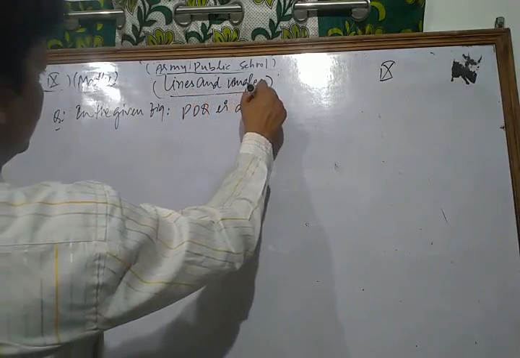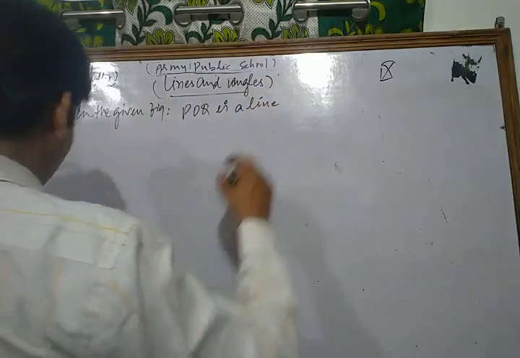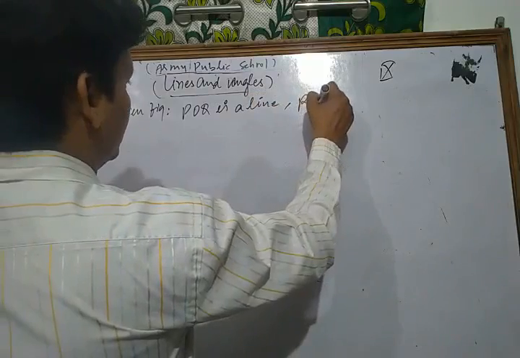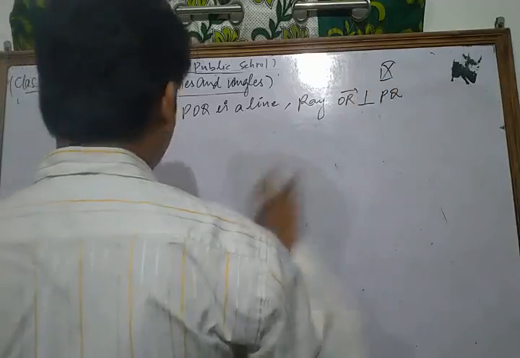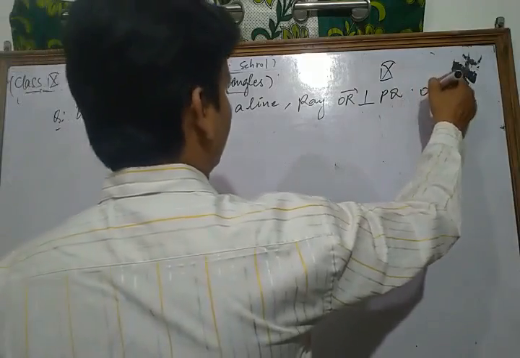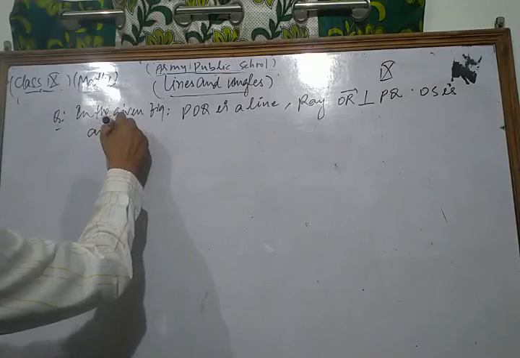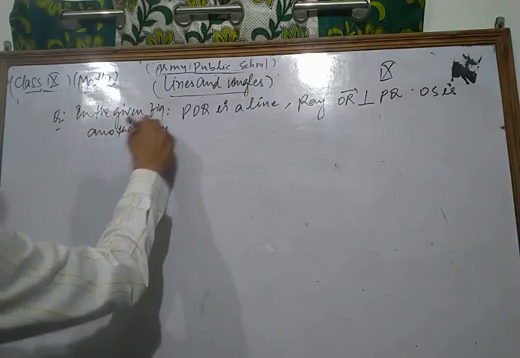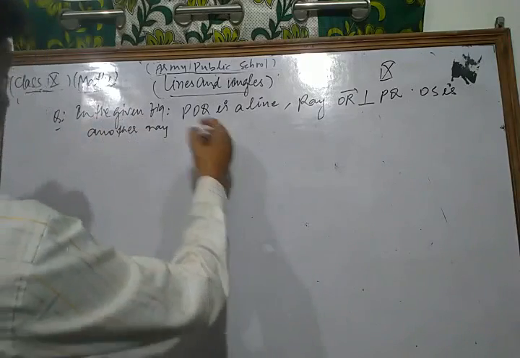Ray OR is perpendicular to line PQ. OS is another ray lying between rays